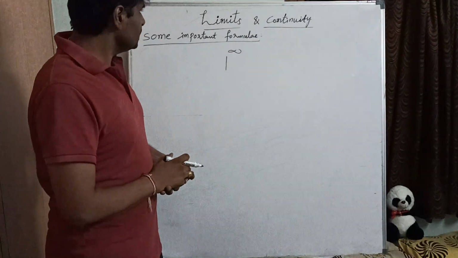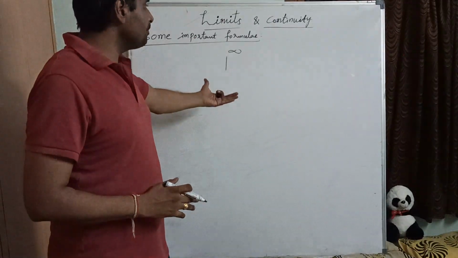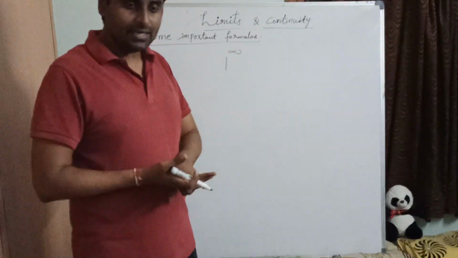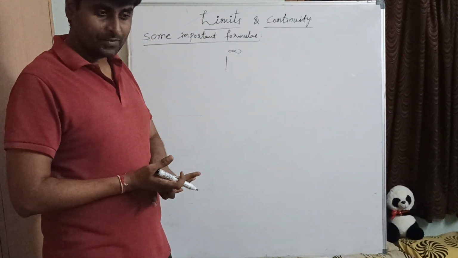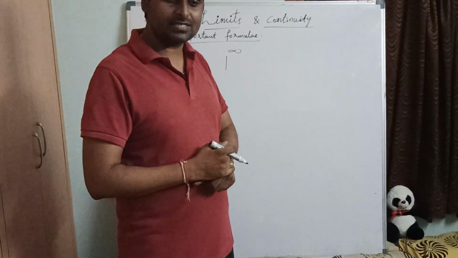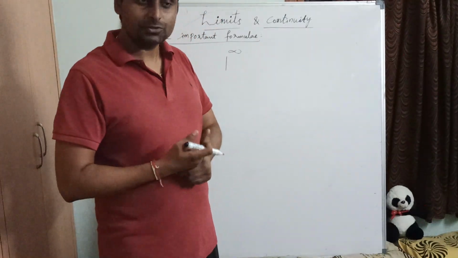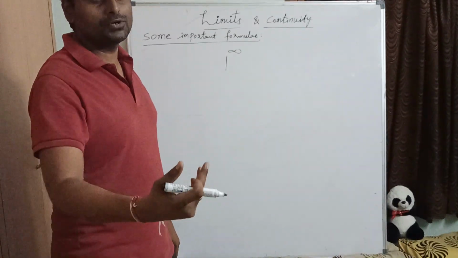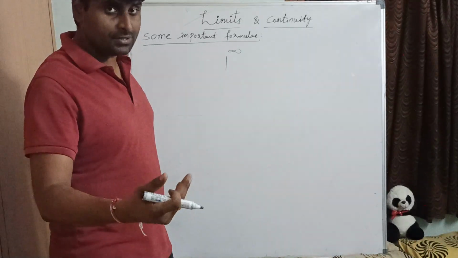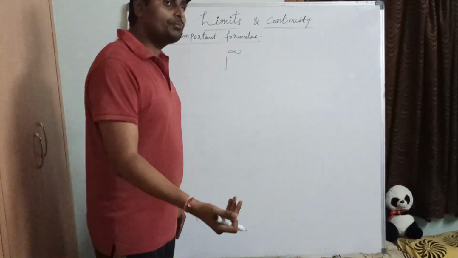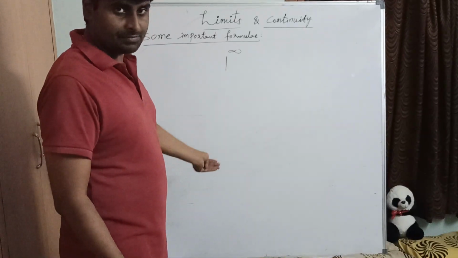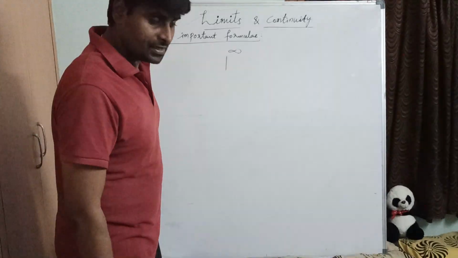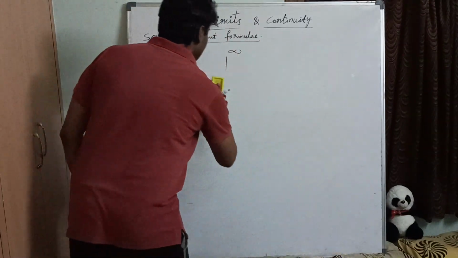We will also discuss some basic properties, like limit x tends to 0 sin x by x equals 1, limit x tends to 0 tan x by x equals 1, limit x tends to 0 (1 minus cos x) by x square equals 1 by 2. By making use of these basic important formulas, we will solve some problems in IIT. So before that, let us discuss some important basic formulas in this chapter, which will be helpful in solving problems in IIT.